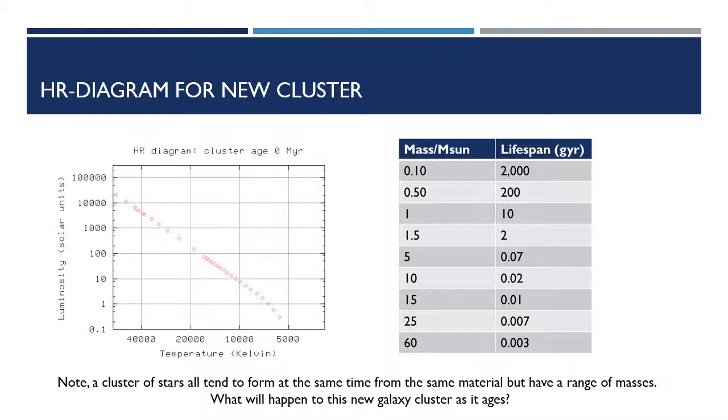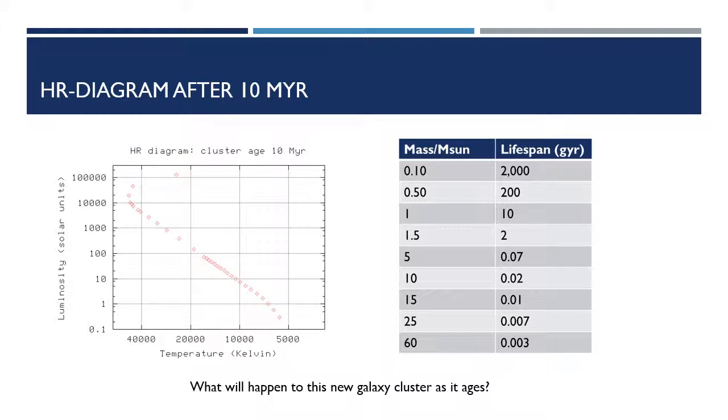The question is, what happens to this cluster as it ages? Which stars are going to be the first to die? It would be those that have a much, much heavier mass, or those that are much brighter. In this particular case, they'd be those in the top left. So your diagram should start to look like this as it ages.